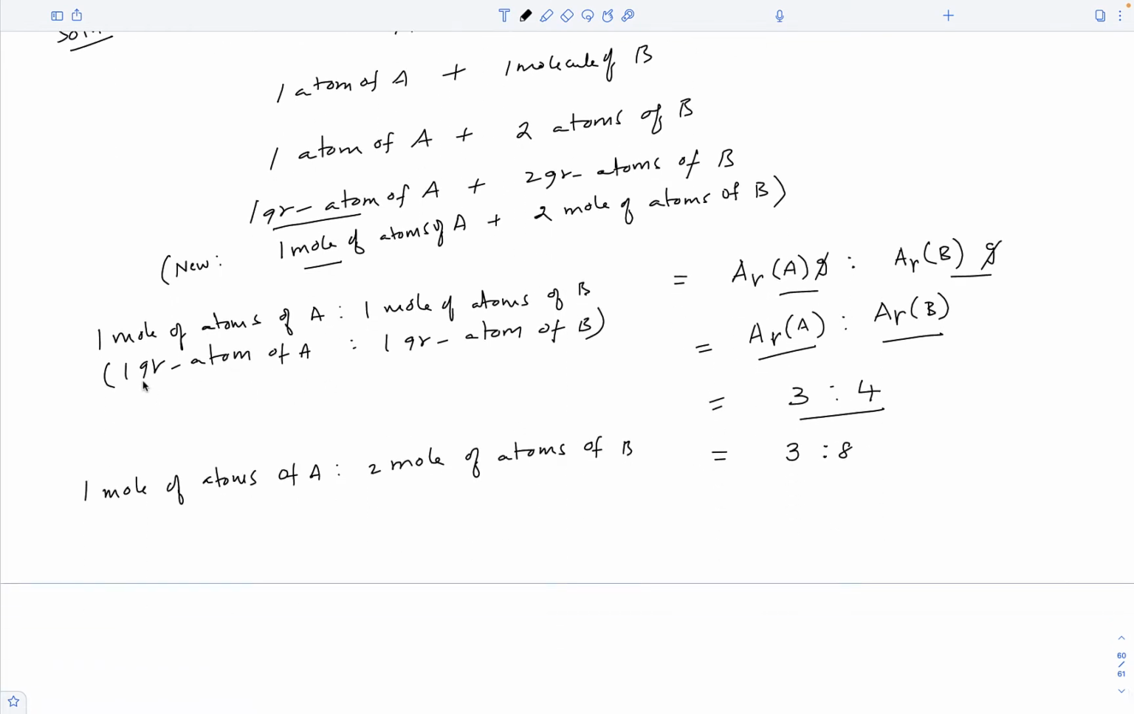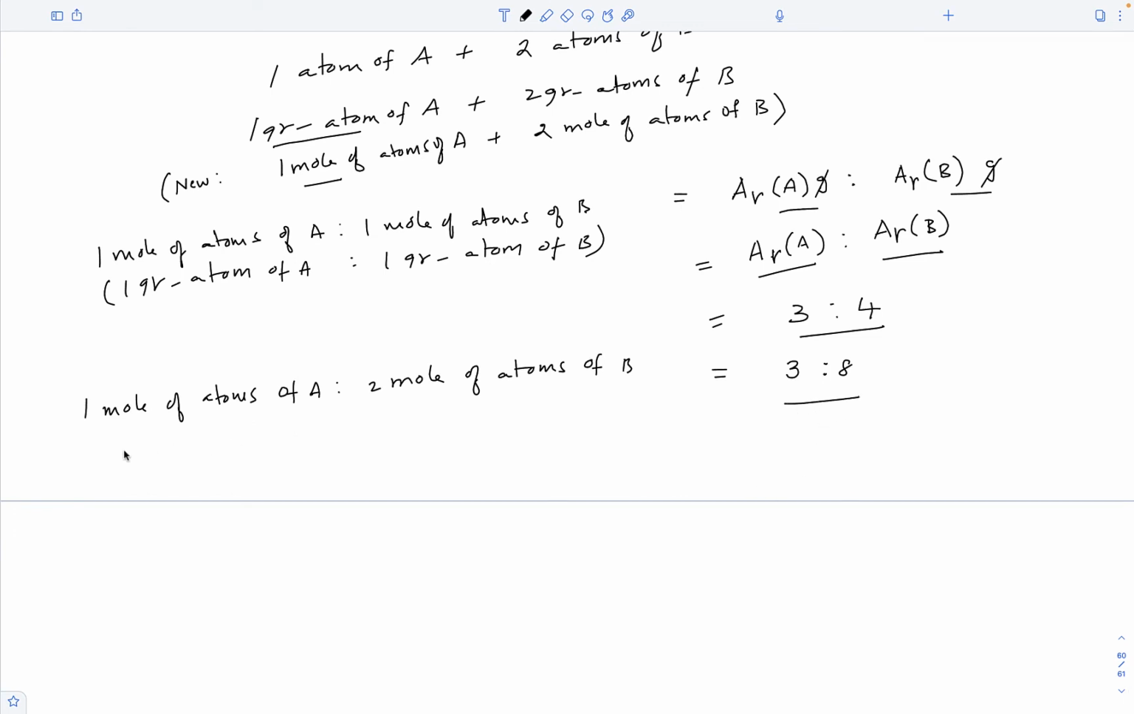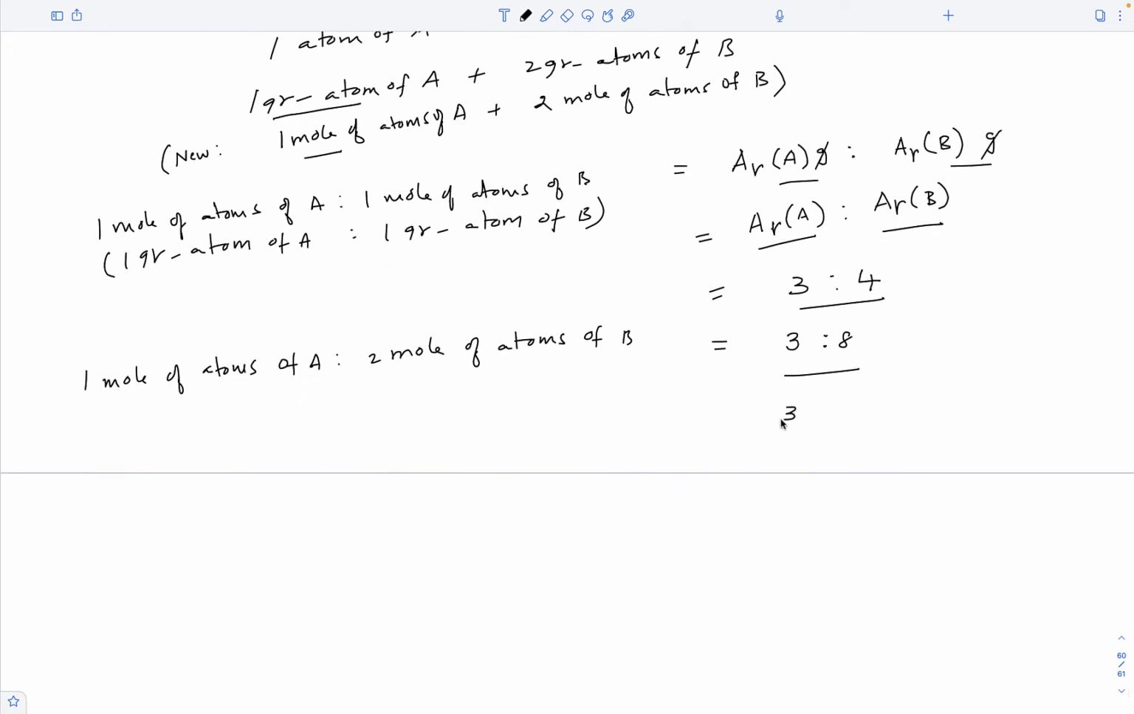So the ratio of the masses of 1 mole of atoms of A and 1 mole of atoms of B is 3 to 4. Now here we have 1 mole of atoms of A and 2 moles of atoms of B. So you multiply this with 2. So here also you have to multiply 4 with 2. So the ratio becomes 3 to 8. So the ratio between the masses of 1 mole of atoms of A and 2 moles of atoms of B is 3 to 8. That means if you take 3 grams of A, then it combines with 8 grams of